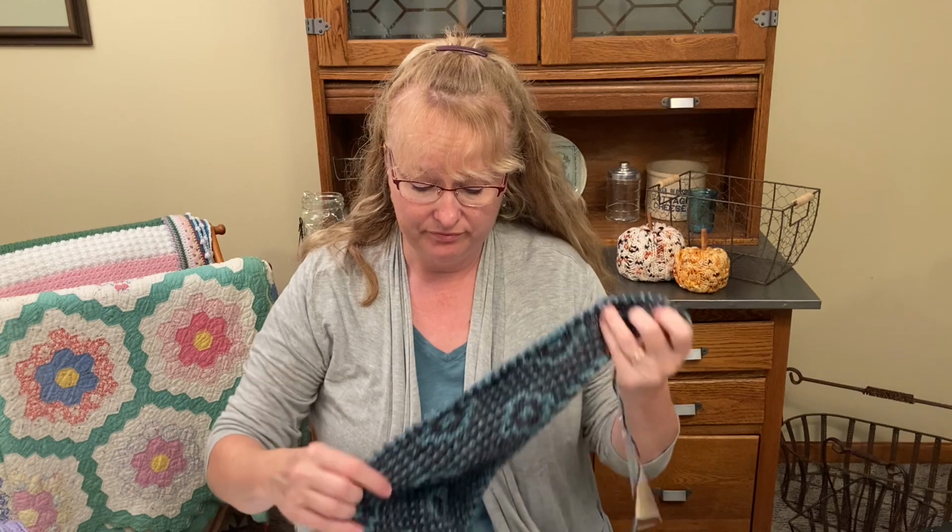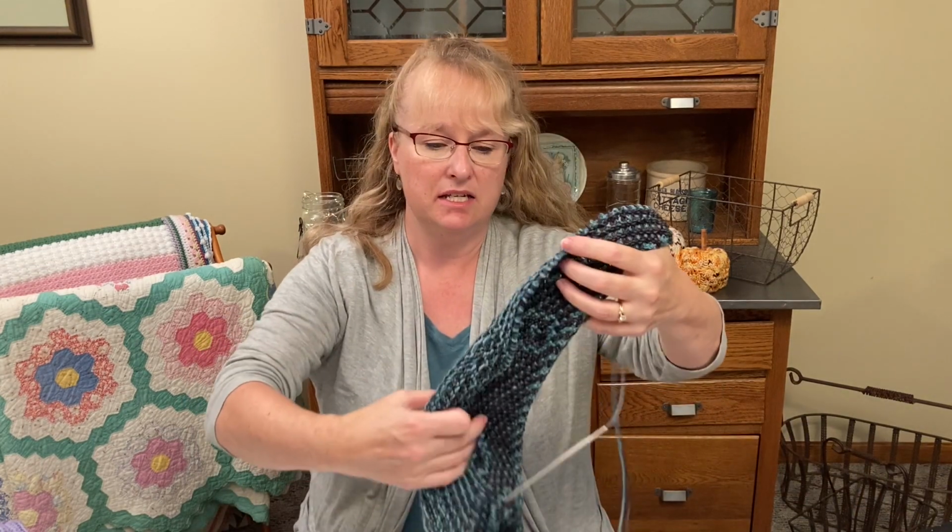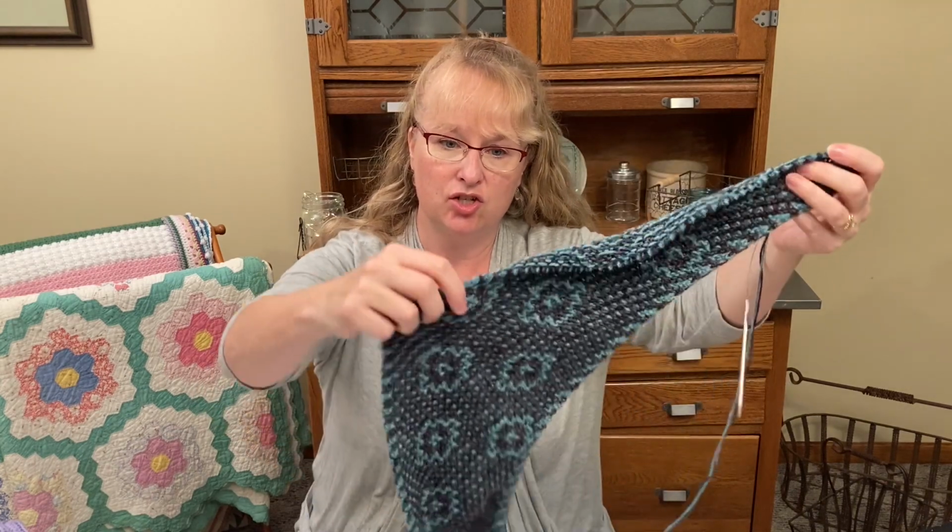So in this bag is my final work in progress, and I had meant to talk about this last week and completely forgot. But I saw this shawl pattern come out either on Instagram or Ravelry, and I thought, oh, I want to make that. It's so perfect for the month of October. And it's kind of a spooky looking shawl, and I don't have the picture of the shawl down here with me. But this is the Betwixt Shawl